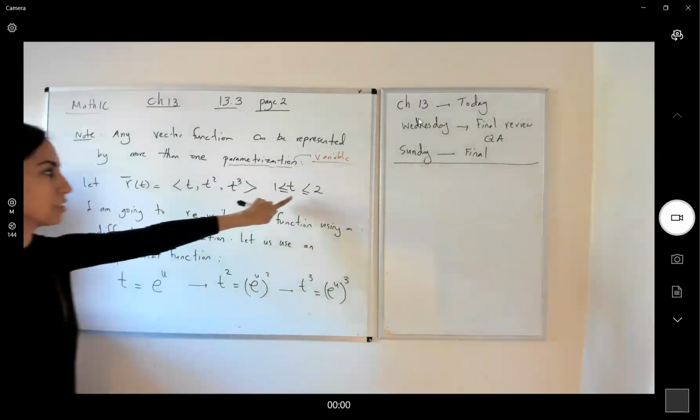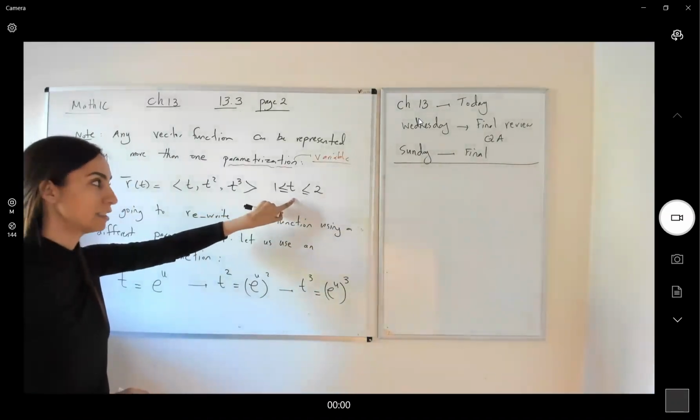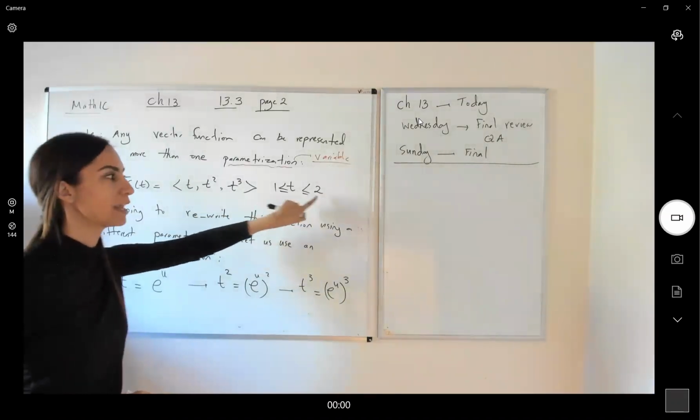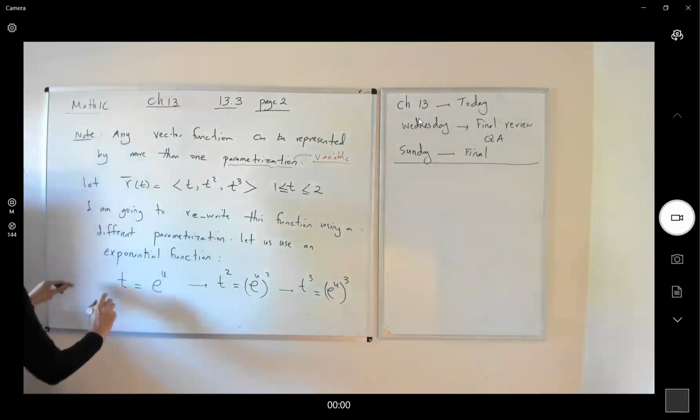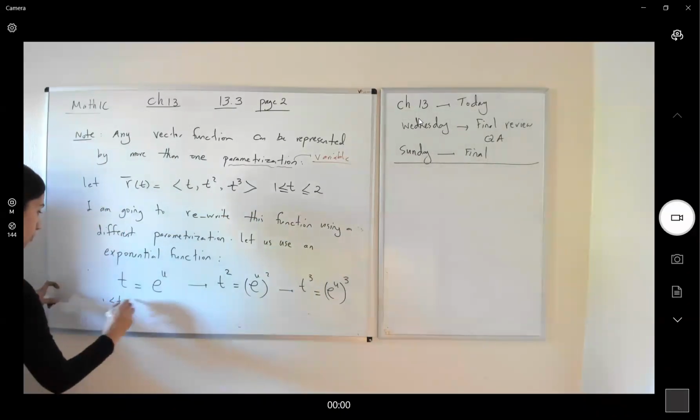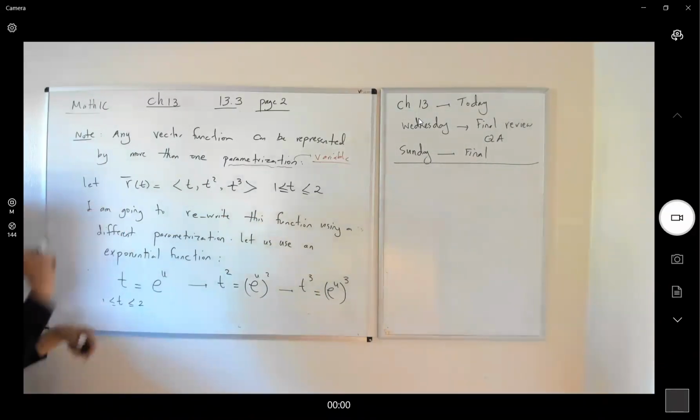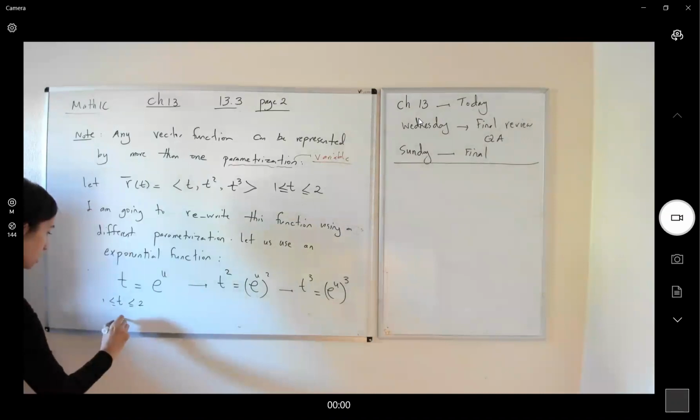So what's the change in t? t ranges between 1 and 2. Since t is between 1 and 2, e to u is between